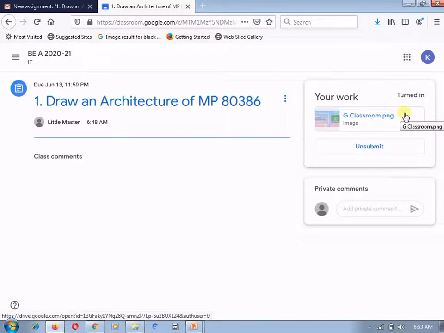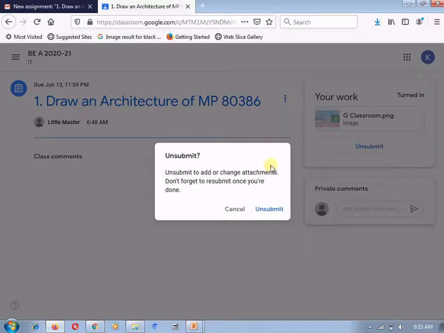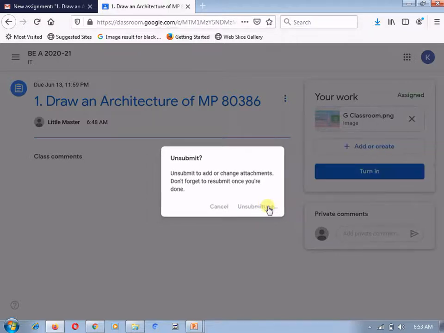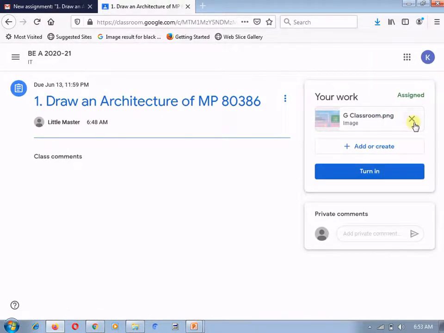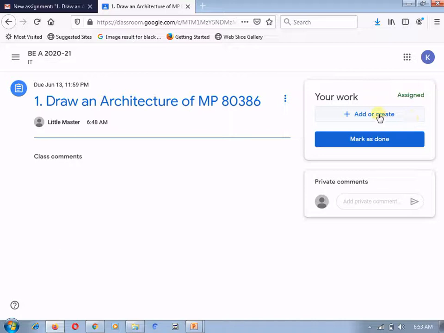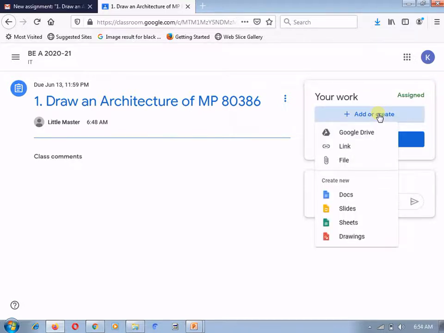If after submitting, the student comes to know that some part is missing in his architecture, then what will the student do? The student will unsubmit it. Unsubmitting means withdrawing the answer for resubmission. The student is doing the resubmission. After clicking on unsubmit, the student will be able to delete this particular image which was uploaded from his machine or computer. So now we will delete it and we can add the updated image of the architecture.